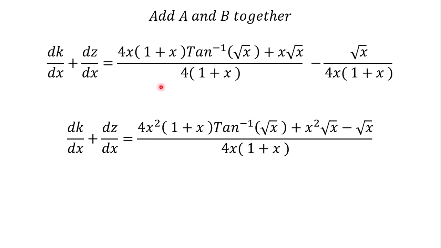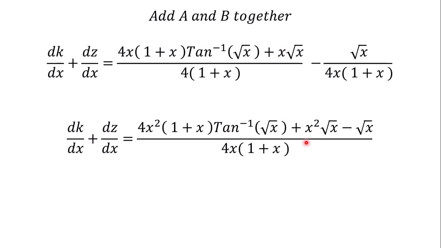Okay, so when we do that, this one will cancel out with this, and it will be left with x. And when you multiply this one by x and also this one by x, you're going to get 4x squared into bracket 1 plus x multiplied by the tangent inverse of square root of x plus, this one also is attached,